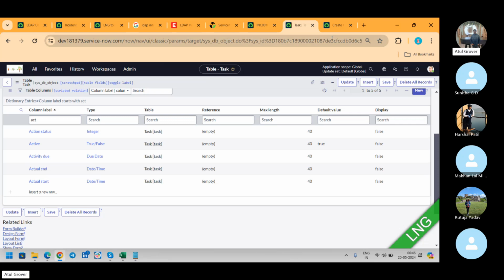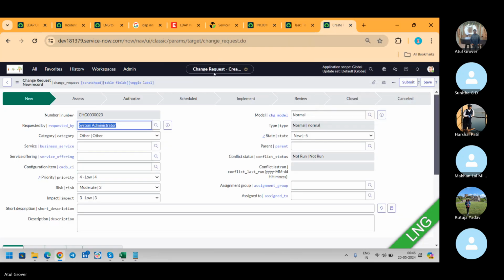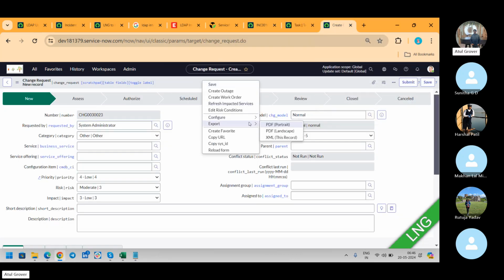Now if you go to this one, let's say incident के, हम इस पे जाते हैं, configure form layout पे चले, हाँ चलो form layout पे चलते हैं।